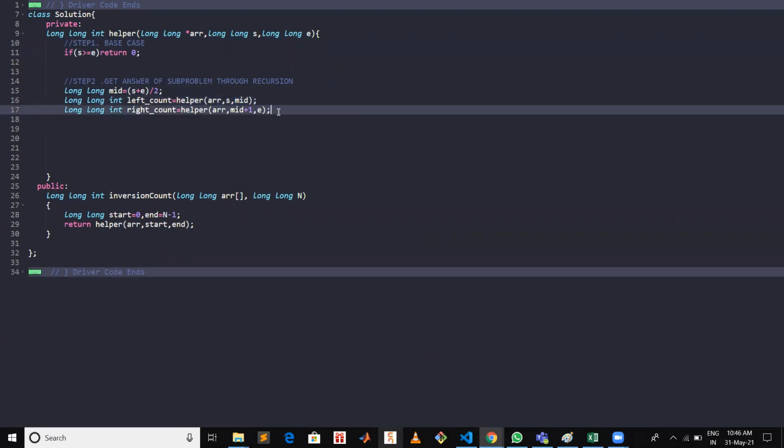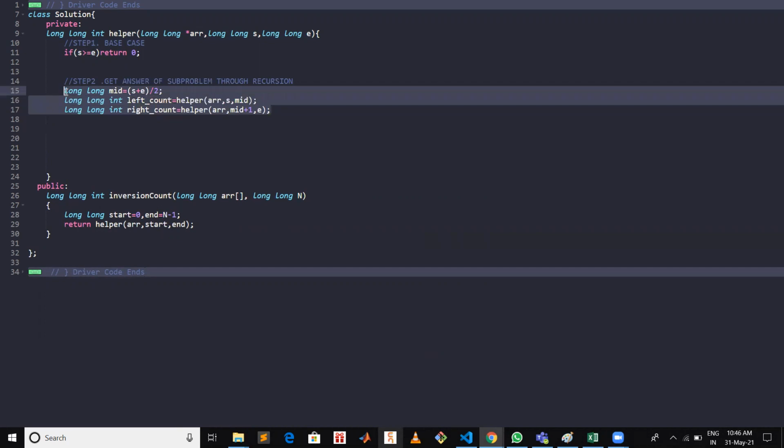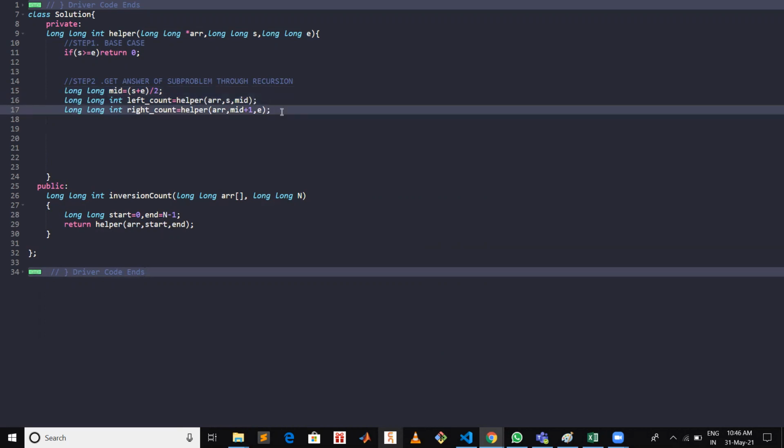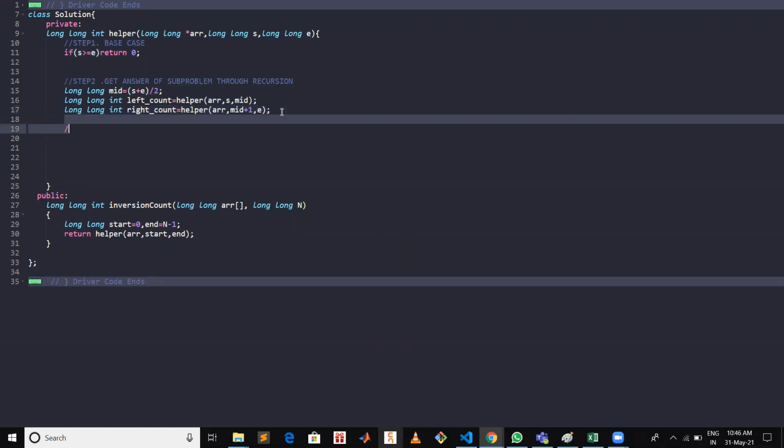This is basically the hypothesis which we make in recursion: we can assume that this recursion will give the correct answer for the left and right subproblems. Also, we are assuming that our first and second part subproblems which we get after recursion will be in sorted order.